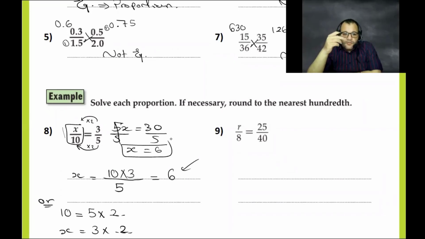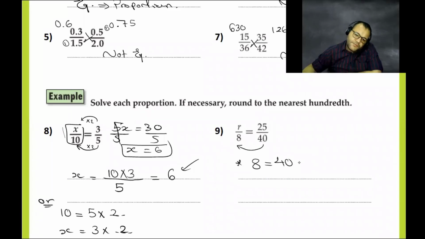Okay, can I solve the next one? We need Faisal Khalid to solve with me. How do we solve it? 8 equals... 40. To get to 8, do you have to multiply or divide? Multiply? So 40 times a number equals 8? No, divide. So divided by a number.